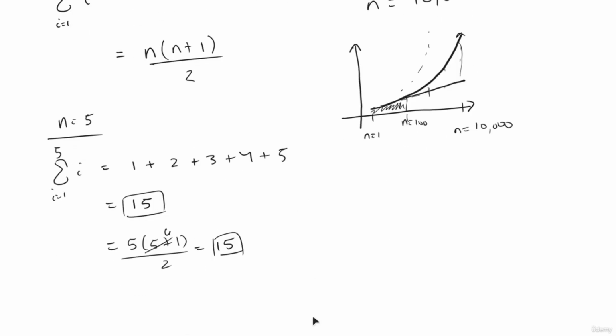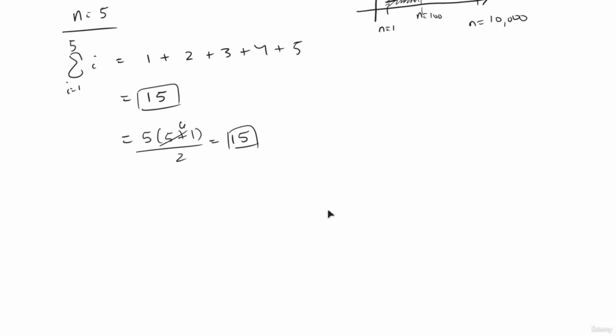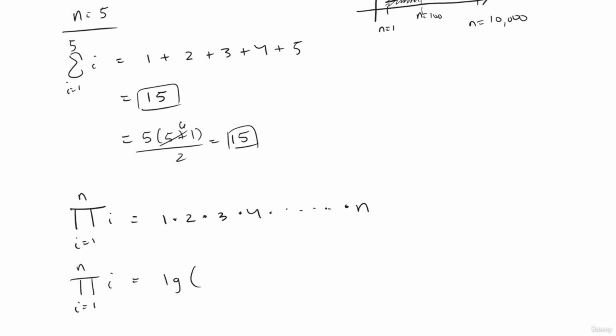So let's talk about products real quick. The same way we can write a summation like this, we can write a product like this too. If I wrote this little symbol right here for the product, if I did the product from i equals 1 to n of i, instead of adding up the sequential numbers, it would just be multiplying the sequential numbers, right? All the way to n. And the cool thing about products, if you remember from your pre-calculus class, is that if I take the log of this product, I'm writing it like this because it could be any base, the log of this product is just equal to